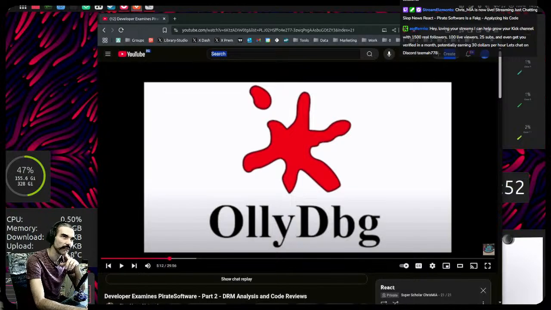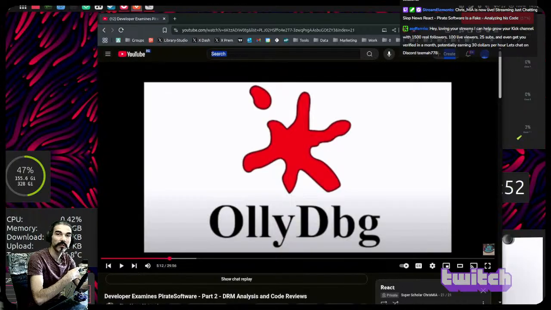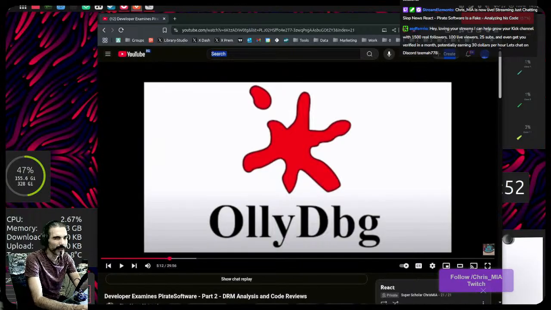C, Java, well, Java goes to bytecode, so that's a little different. C, C sharp, Ruby, I believe, basically anything that compiles. And then we can disassemble it, not back to C, not to the original language it was written in, but to the assembly version, where we can actually see what the code is doing in a language that's not just zeros and ones in binary. Because if you stare at a giant screen of zeros and ones, it's not going to tell you anything. So OllyDbg is one of those disassemblers that takes any exe file and shows you basically what's happening